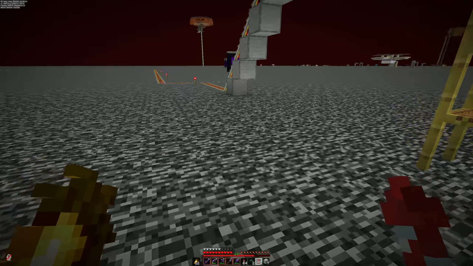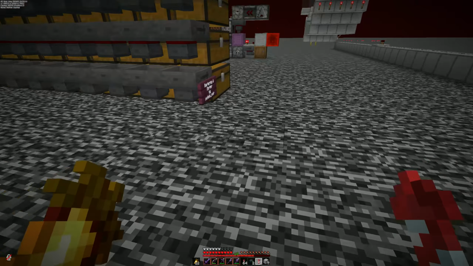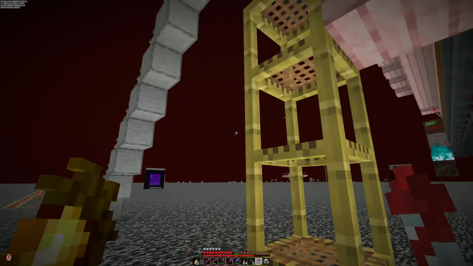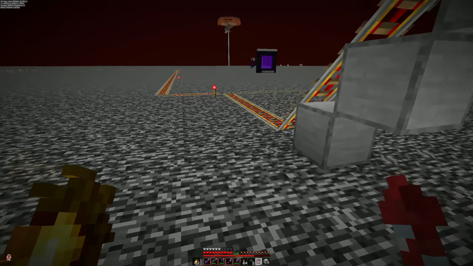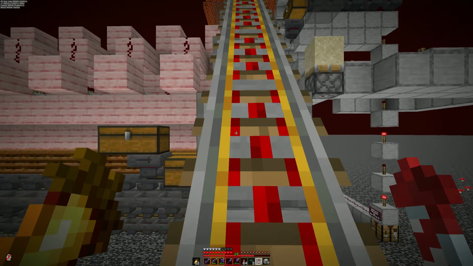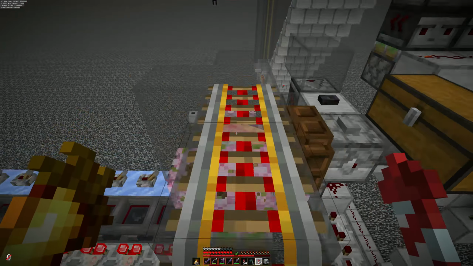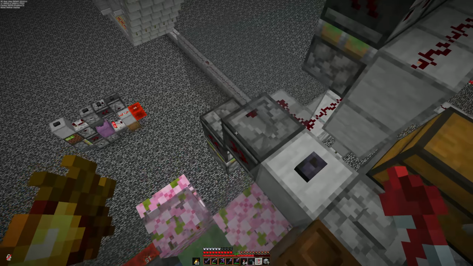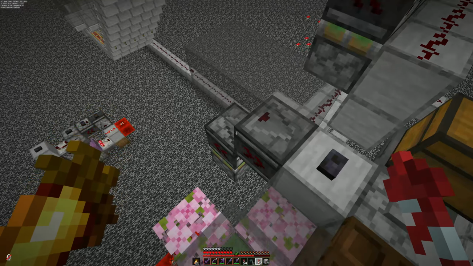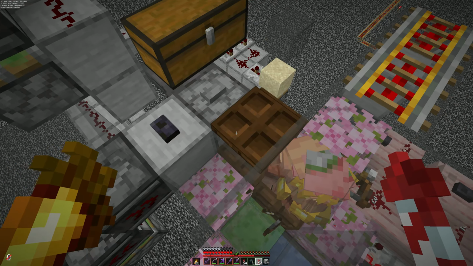Now we come to the second part. This part is built by, or designed by, Potato Noir. It features a bartering chamber, which is up here. Because I'm mashing these two designs together, I had to make a teensy-weensy little change to some bits, but it works fine. When running, this does the super powerful thing. It blasts